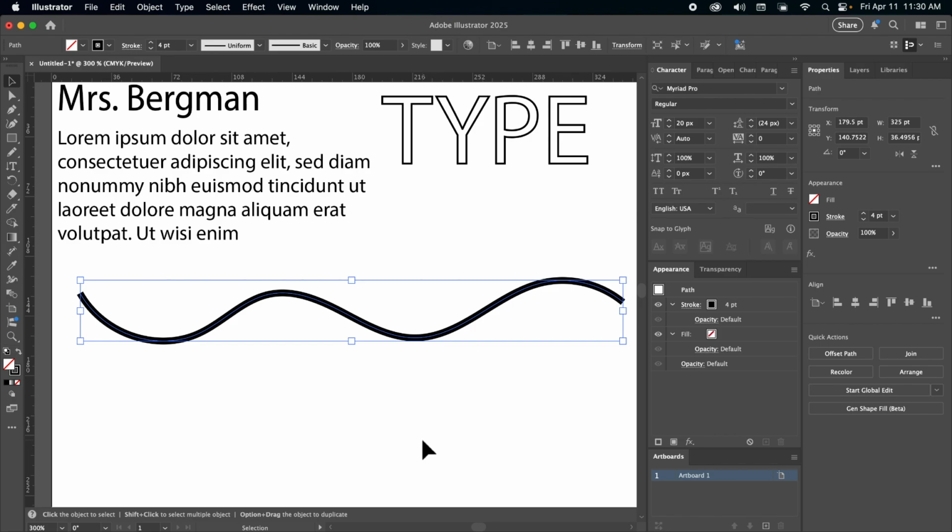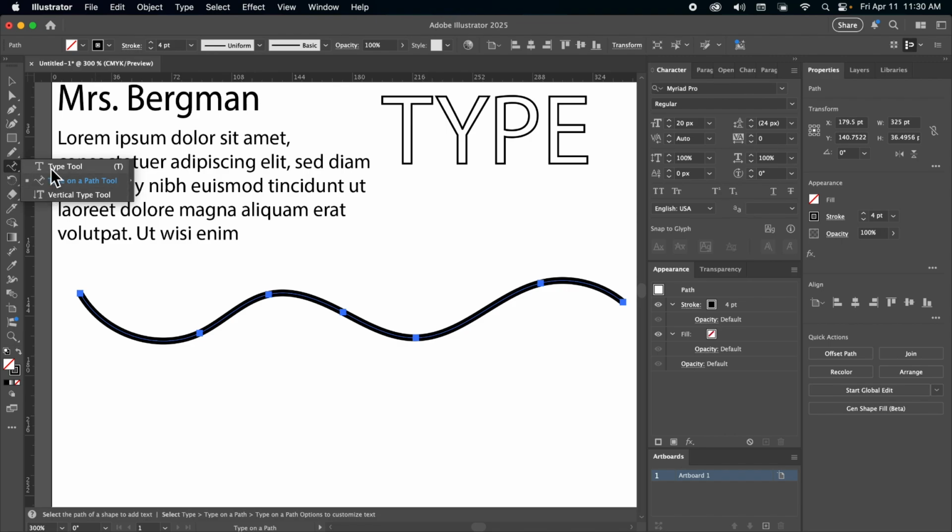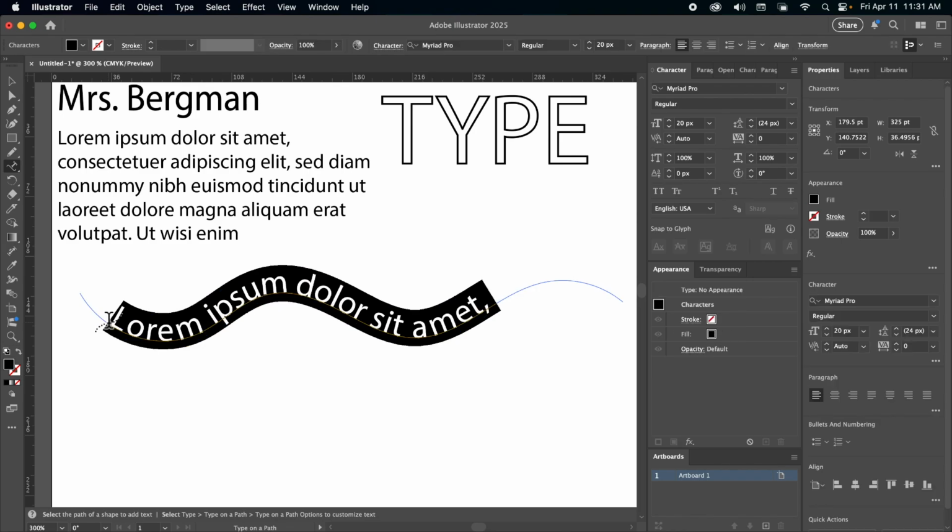All right, so now we're going to switch from the vertical type tool to the type along a path tool. So long press on the type tool or vertical tool, type along a path tool. You're going to position your cursor somewhere over the line. It makes the most sense to position it over the beginning of the line, but you can really put it wherever you want. And it should, rather than having a box around it indicating you are creating a text box, have a cursor that has a dotted squiggly line to let you know that you are going to be typing along a path instead of typing in empty space.